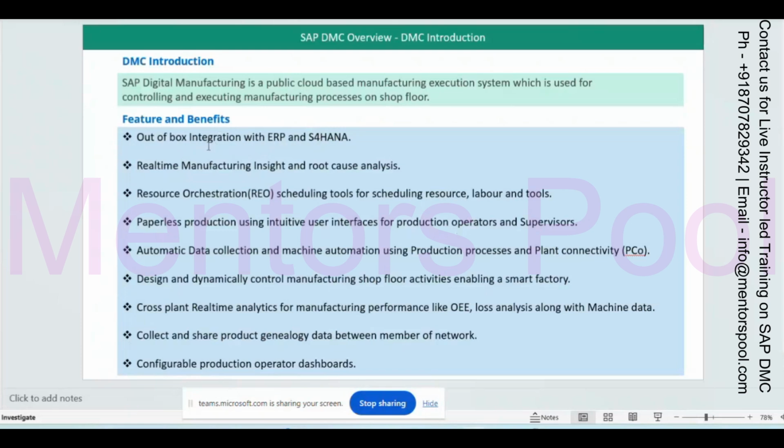So between them there is CPI, and S4 HANA and DMC are connected together through it. Different iFlows have already been developed and deployed by SAP for the DMC and S4 HANA integration.